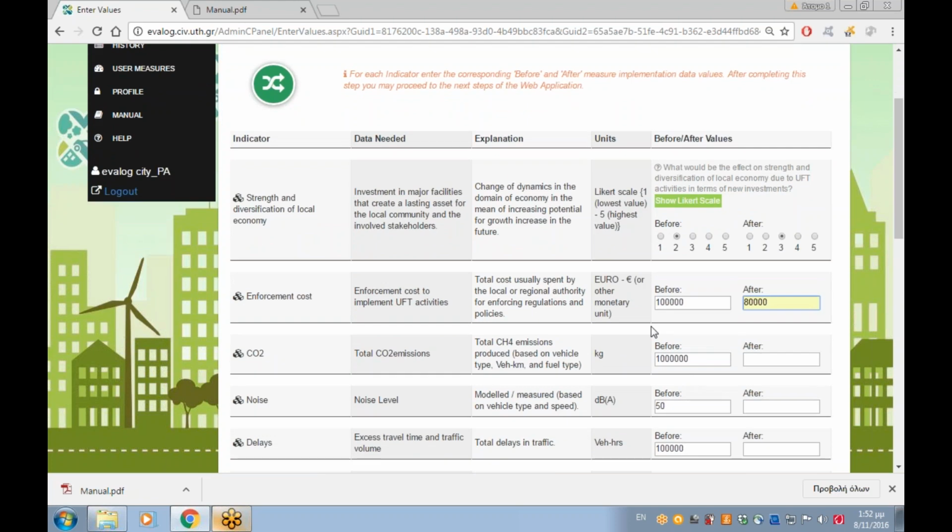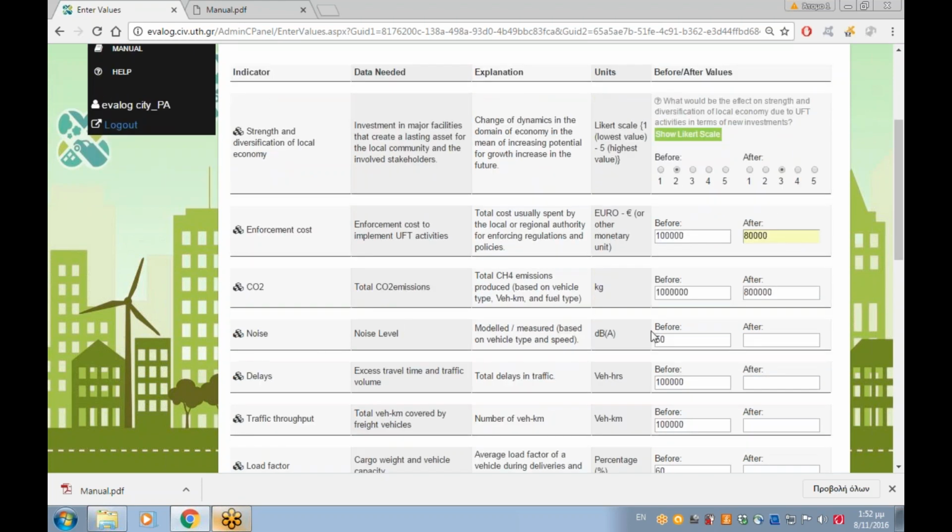In this case, this is just a demonstration, so I will make some assumptions. Let's say that the total CO2 emissions over a year for the city of Graz have been decreased again by 20%. So that means that before we had 1 million kilograms of CO2 emissions, now we're going to have 100,000 kilograms of CO2 emissions. The noise level, in decibels, before it was 50, we have a slight improvement, and now